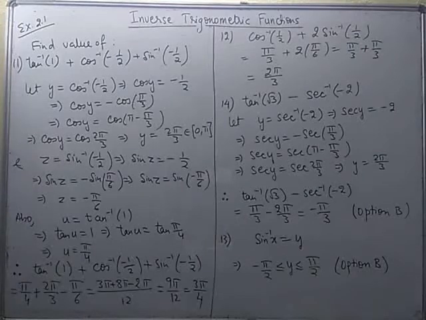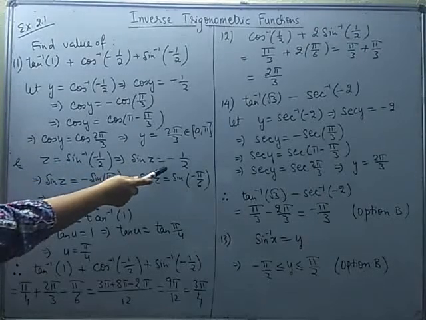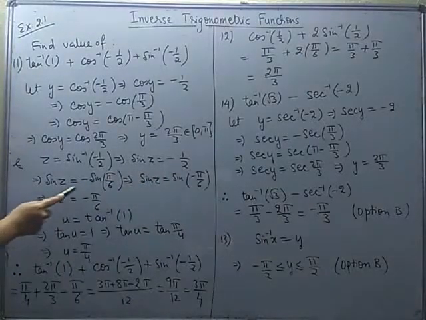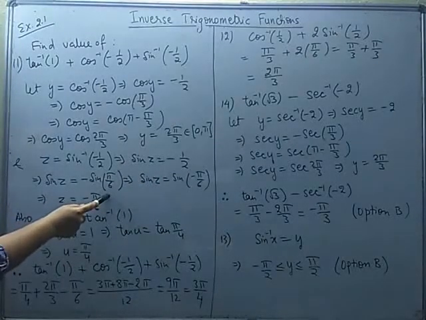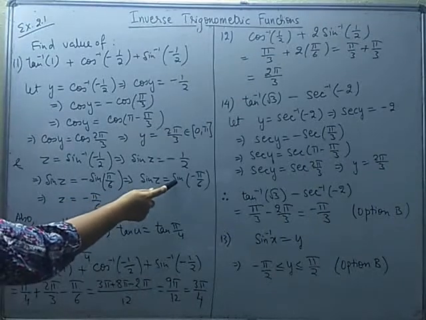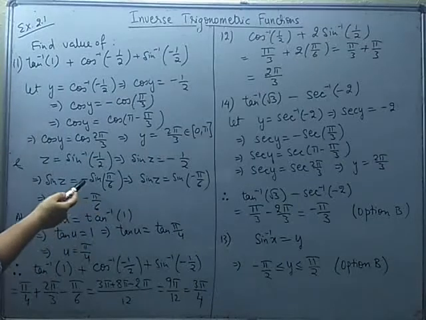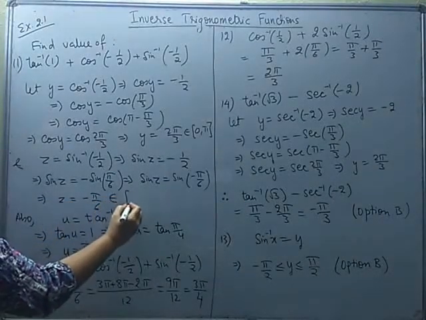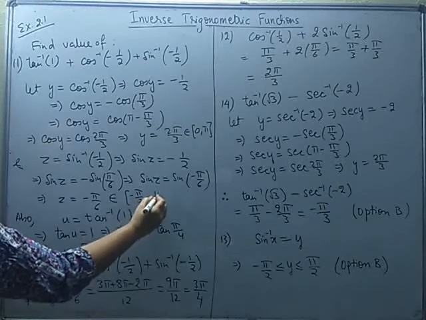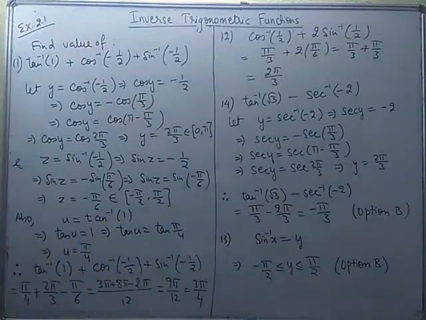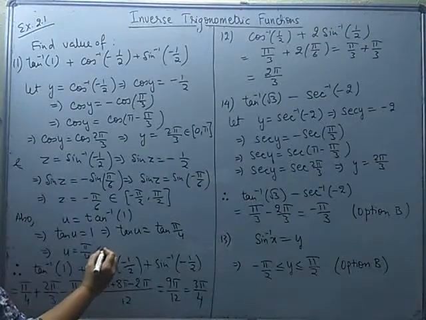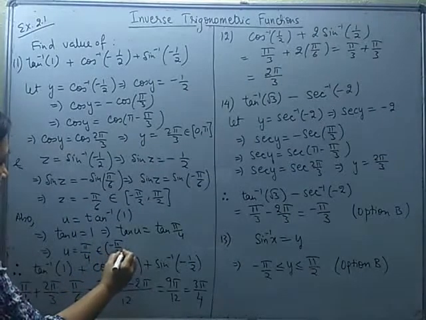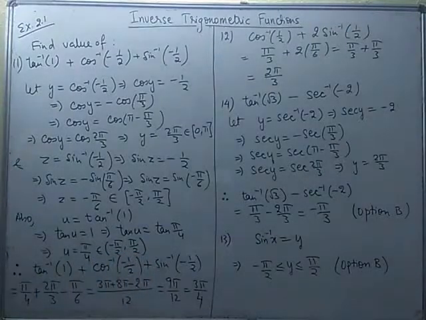Then assuming z to be sin inverse minus 1 by 2, we have sin z is equal to minus 1 by 2, or sin z can be written as minus sin pi by 6, which implies sin z is equal to sin of minus pi by 6. Again, as we know, minus sin theta can be written as sin of minus theta. That means z should be minus pi by 6. See, it belongs to the required principal value branch, that is minus pi by 2 to pi by 2. Even for tan inverse 1 I have done it in the same manner, though you can write it directly. See, this also belongs to the required principal value branch.